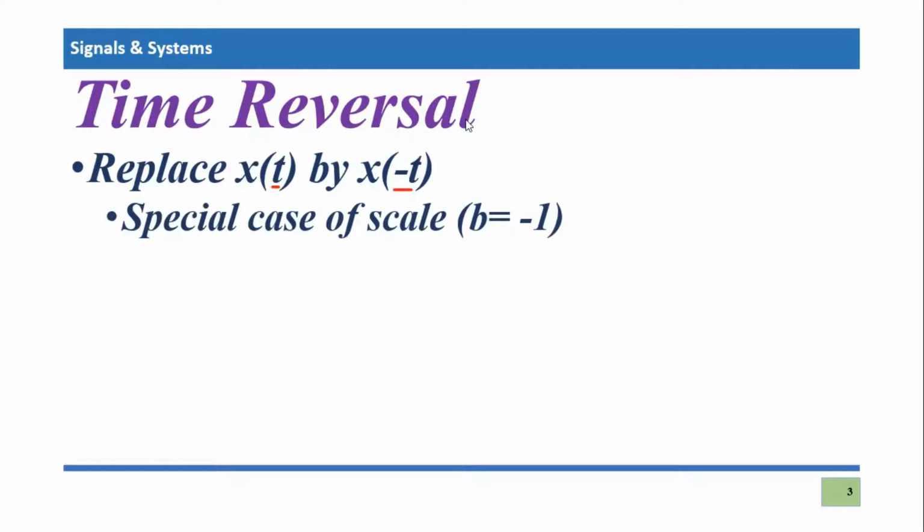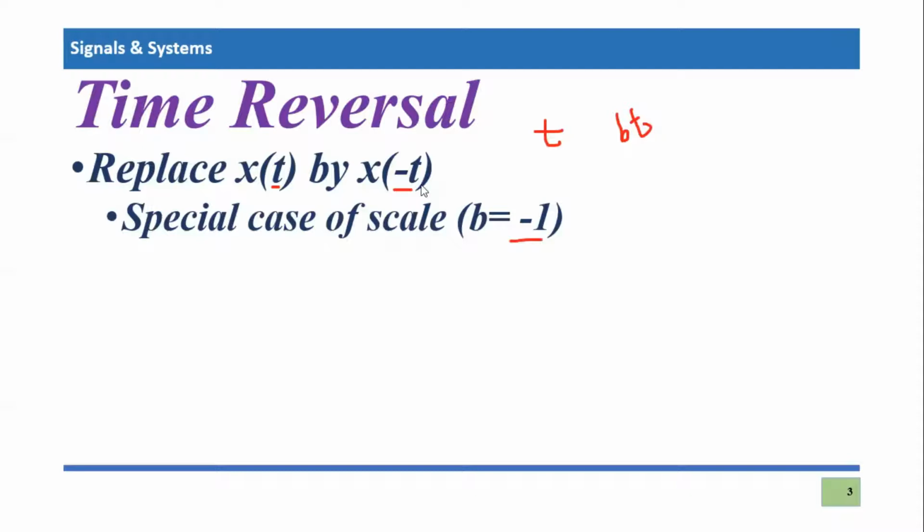We remember that we were replacing t with bt, and the value of b was defining whether it is going to be compression or expansion. If it was greater than one, then it was compression. If it was less than one, then it was basically expansion. But what is the time reversal case here? It is unity, but not simple unity, rather negative unity, or simply -1. So eventually it will neither compress nor expand the signal. Rather, it will simply reverse the signal in terms of time, right?